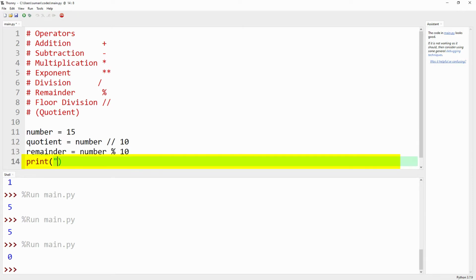Suppose that one, when, comma, the variable name, that is number, comma, is divided by 10, quotient colon, comma, we are getting the quotient, then once again the remainder.